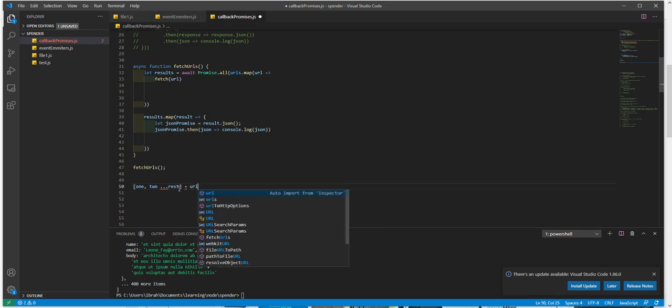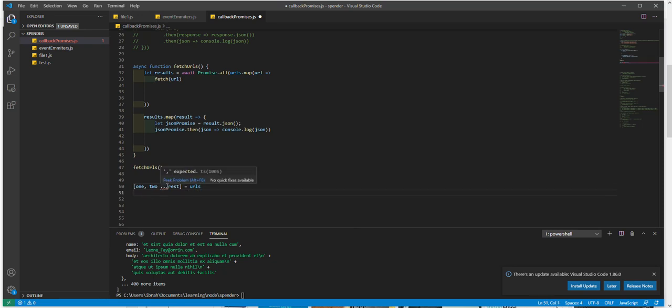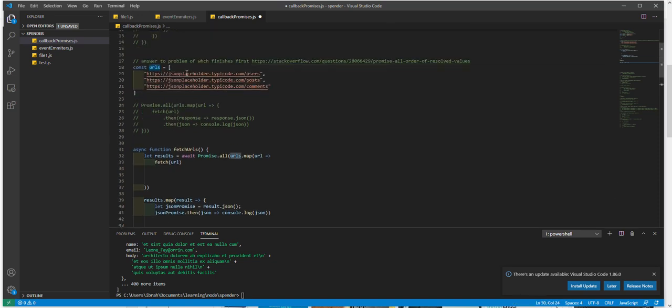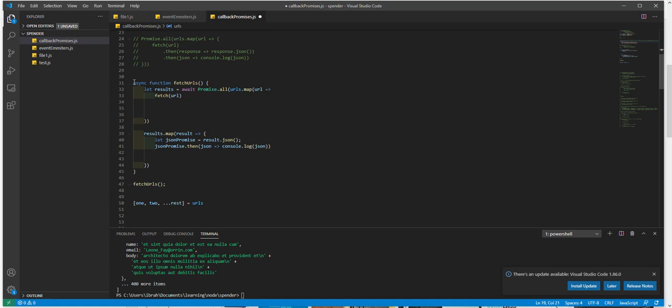This would equal URLs. Yeah, I think this is the syntax. Am I not mistaken? Yeah, there's a comma. So in this case, the URLs will be exploded. So one would contain the first element, which is this one, and then